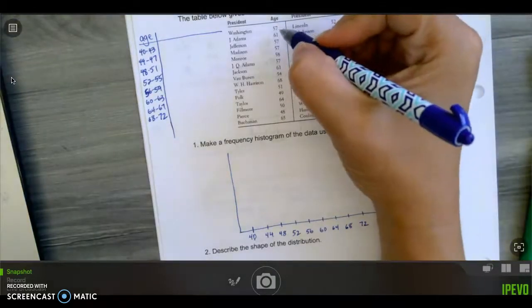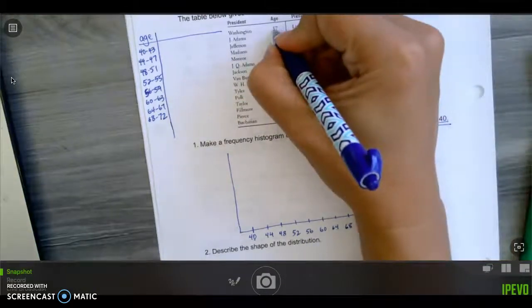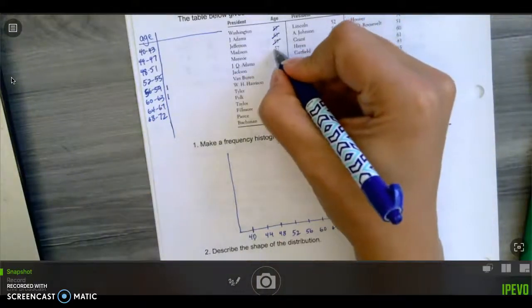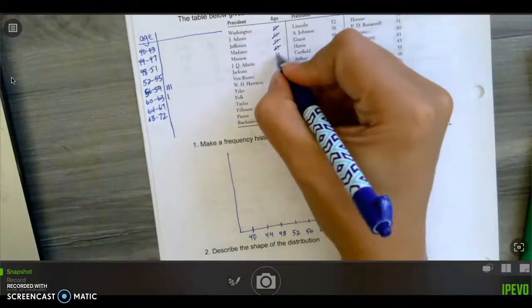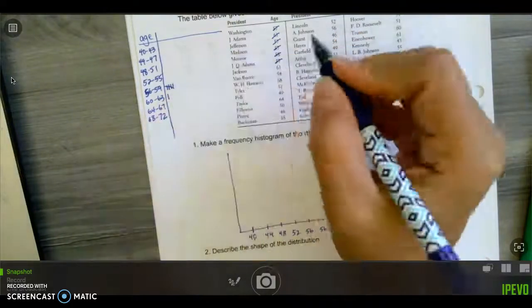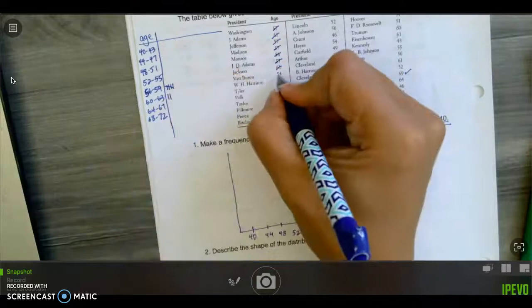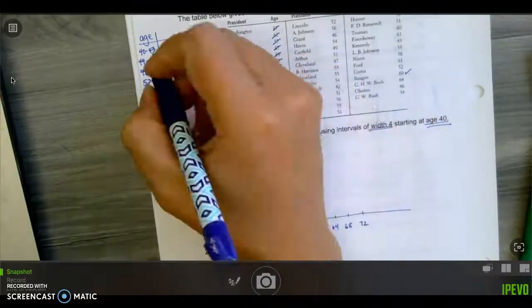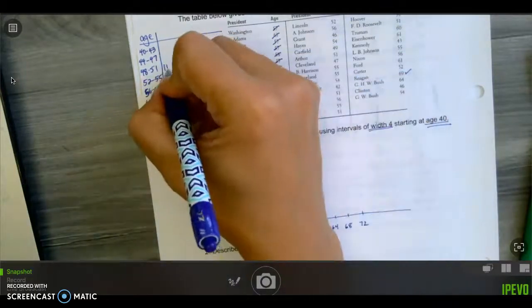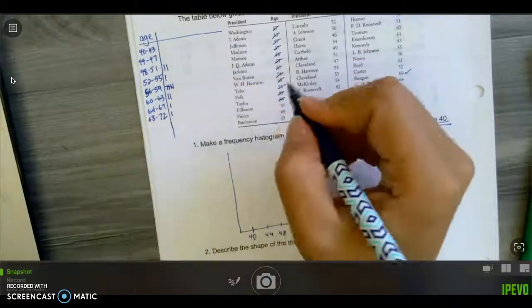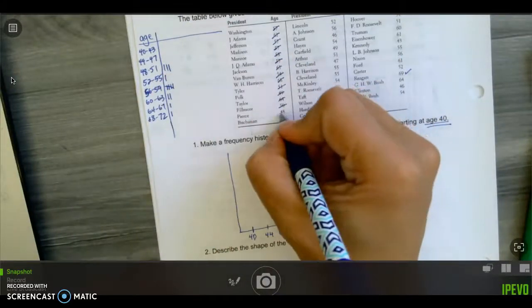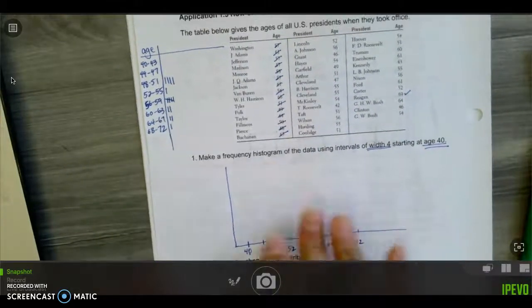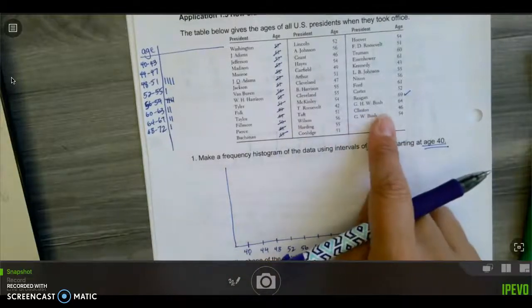So now I'm just going to go through and create a tally chart. Okay, so 57 is here, 61 is here, 57, 57, 58, 57, 61, 54, 68, 51, 49, 64, 50, 48, 65. Okay, so that's just the first column, but go through and do that for all of these presidents,